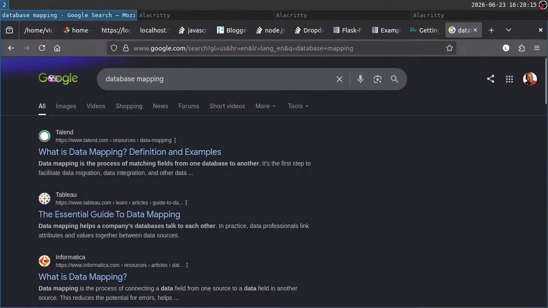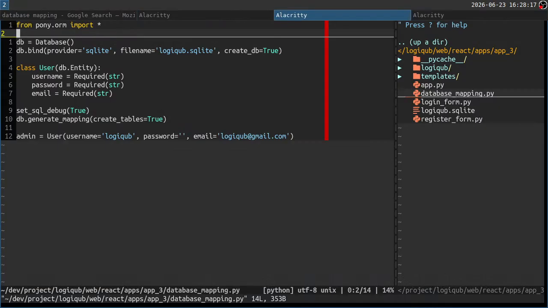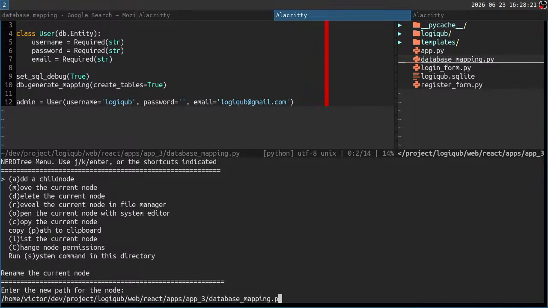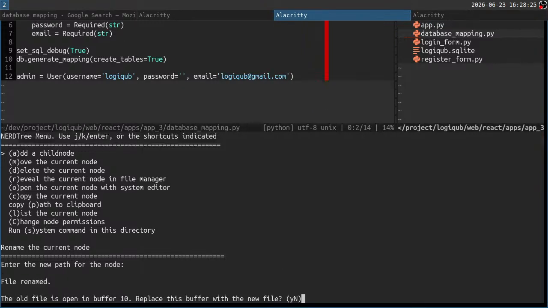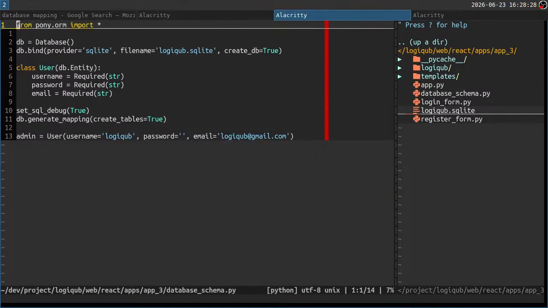You call it mapping because it's a relational mapper, but for me it's just a schema because the database is created from this file. So,